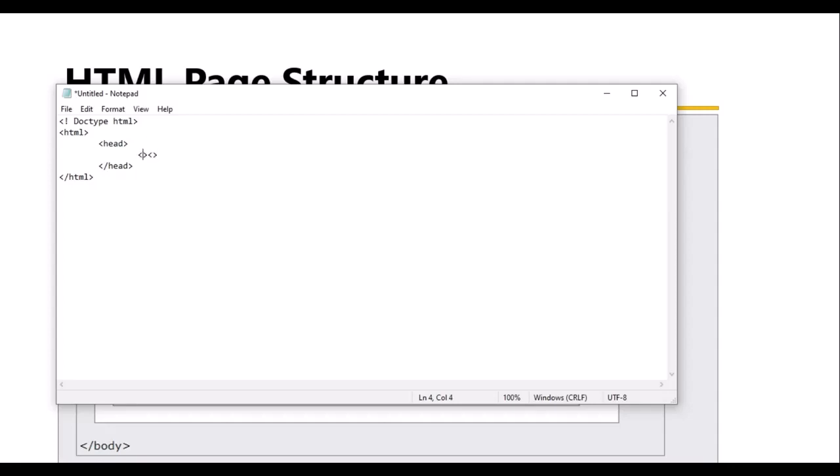So heading, and inside the heading we have a title, and let's close the title tag, and let's write the title for our web page. So this is a title, and outside the head tag, we are going to create